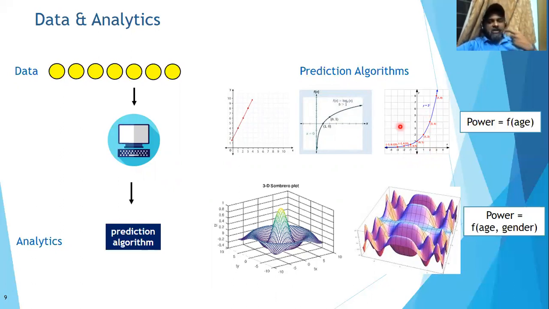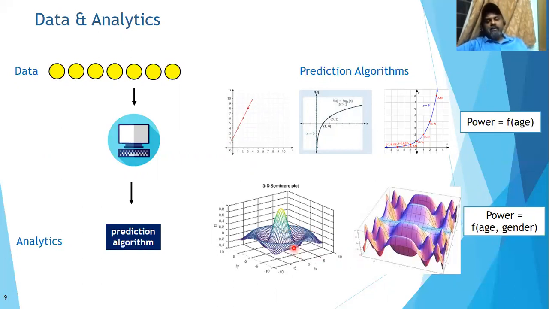On the top, you see here are simple charts, the ones that we've seen in school. Essentially, if you want to detect if somebody has, let's say, eye power, and let's assume the only thing that matters is somebody's age, in which case, because it's just one parameter, you can develop an easy to interpret mathematical relationship. But let's assume that the power of the eye is not dependent on one factor, namely age, but two factors, namely age and gender. With just the addition of one more factor, one more feature, you see how complex the graphs become.